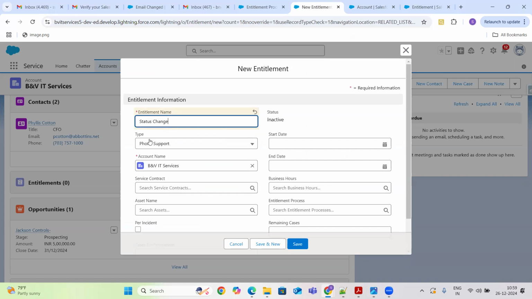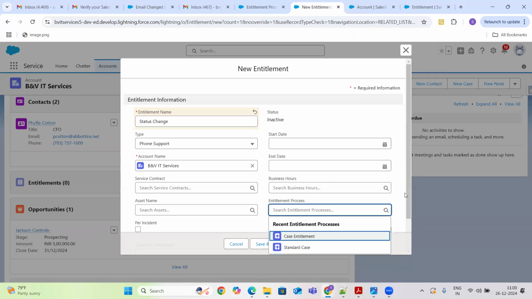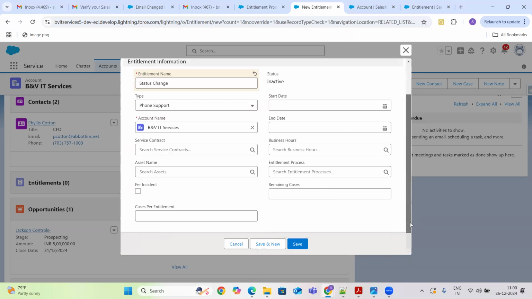So this is the account name, and from what time to what time we are going to have this entitlement for this account. All these things we can select, and this is the important thing, guys: the selection of the entitlement process.